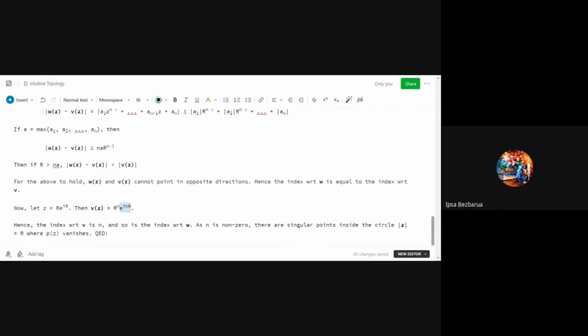So I forgot to write down one theorem. It's pretty easy to visualize. Basically, if I consider the index along a general curve, it's going to be equal to the sum of the indices of all the singular points inside the curve, provided that the number of singular points is finite. And the way the argument for this holds is that if I have a general curve and I have like